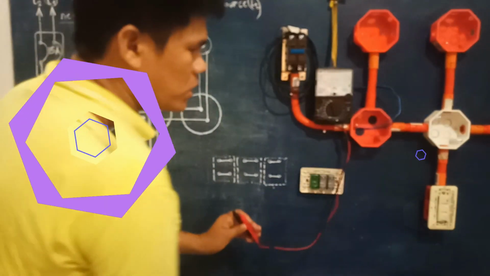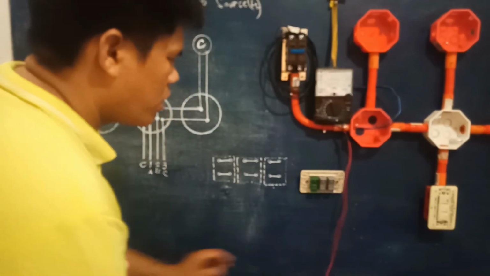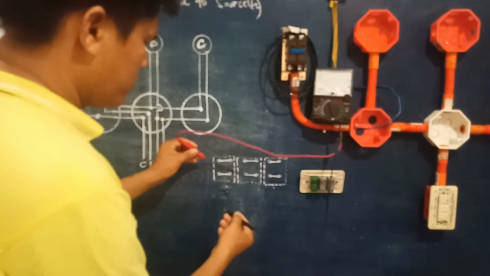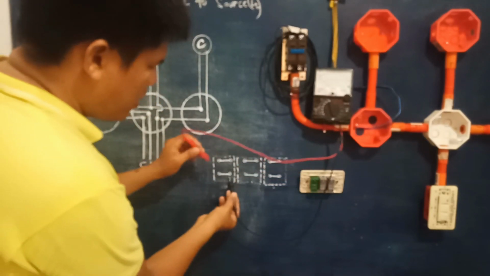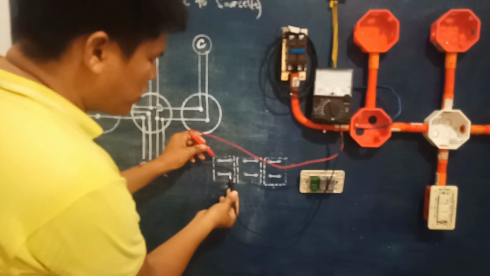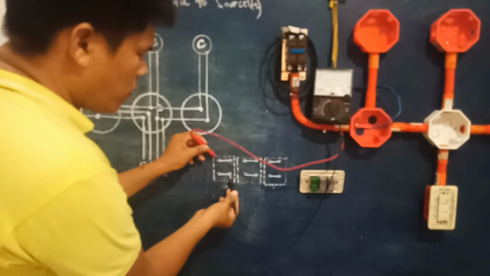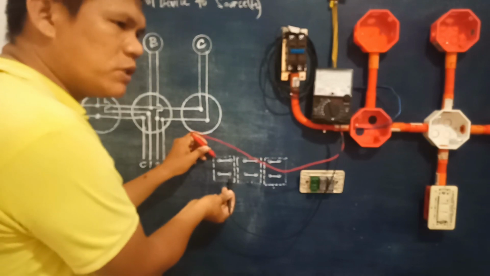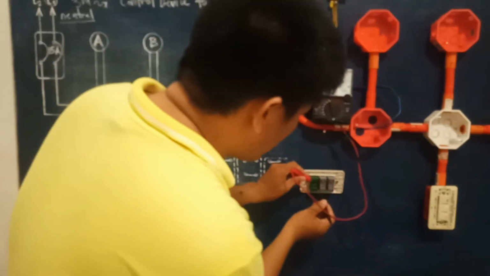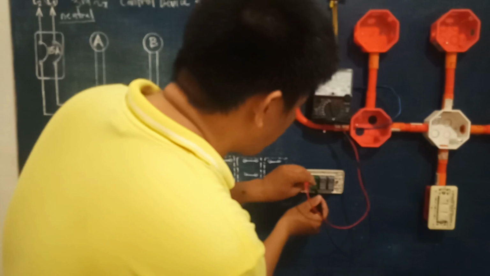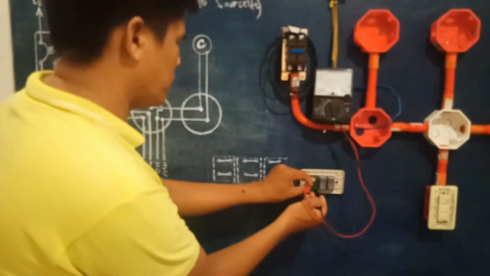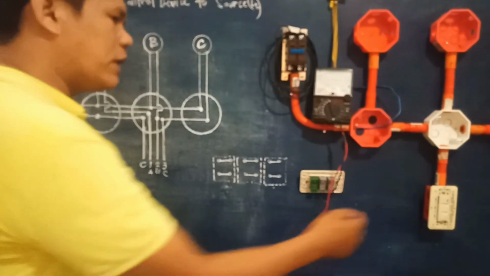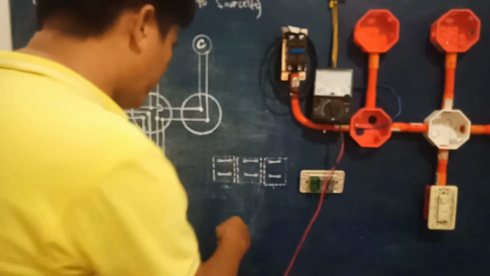Now, once you click the lower and the upper portion of the switch, once the switch is off, there is no continuity because the position is off, like this one. We will try this one if this is off. So meaning this is the off position. But once we click the switch on, for example for bulb A,